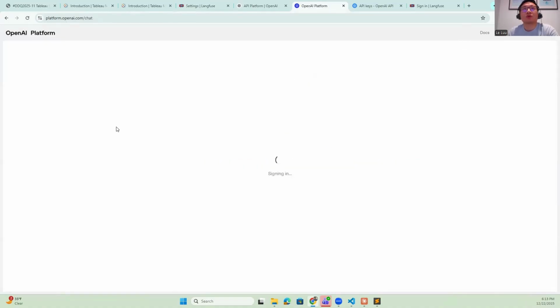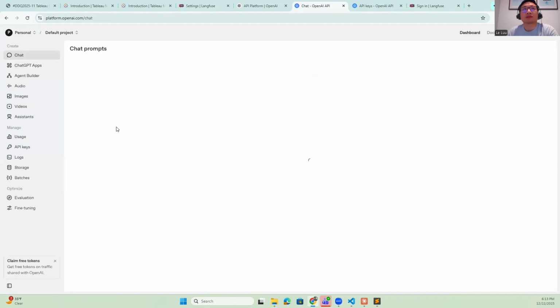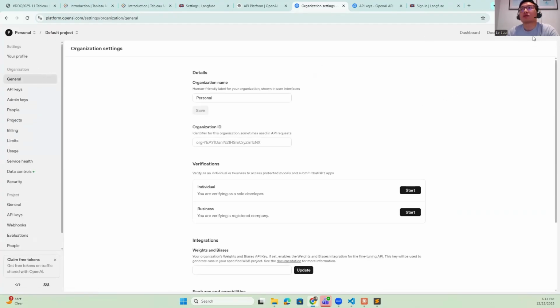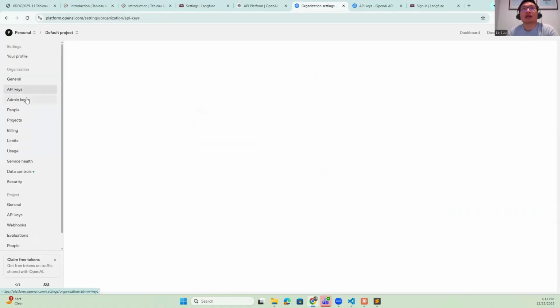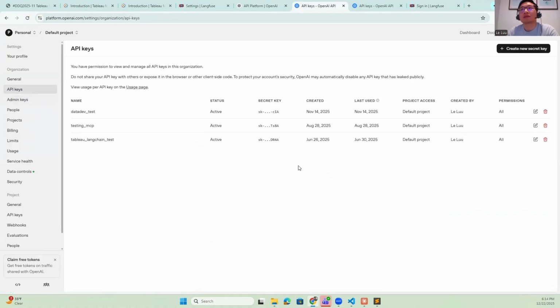If I go to the dashboard, from here I will go to settings and click on API keys. From here you can create any new secret key in these API keys for my projects. So I call it default project. In the default project, you can create any secret key from here, and then you can copy the secret key